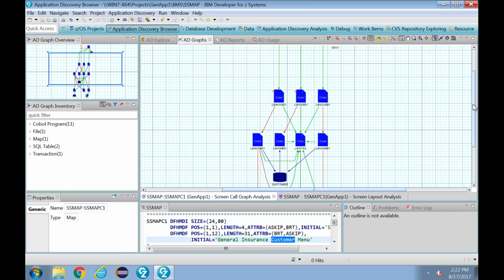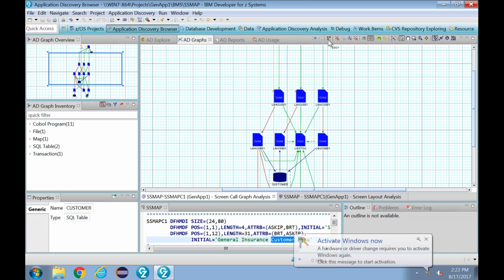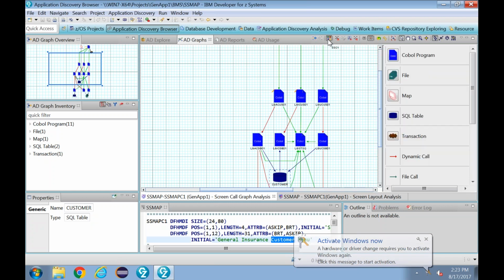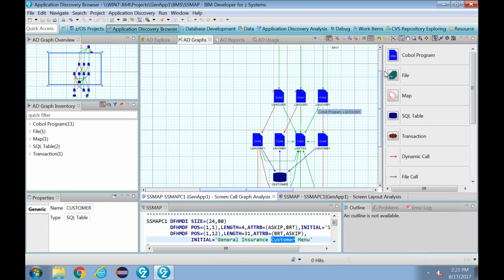Now, there are many ways to do this in AD, but one of the ways could be to start from the database. So we have the customer database right here. Let us try to work backwards and see what is the program that does a customer inquiry, or rather selects. Now, because I know AD quite well, to understand the different colors and the different annotations, there is a small legend here which tells us that anything blue is a COBOL program, and then you have a database here and what all these lines mean. So the red line means a dynamic call and so on.